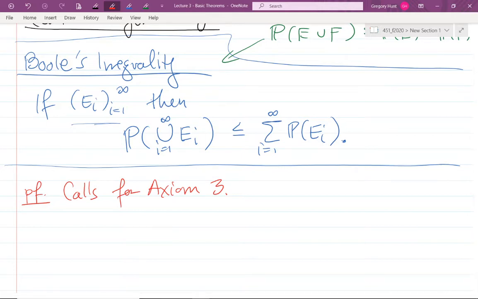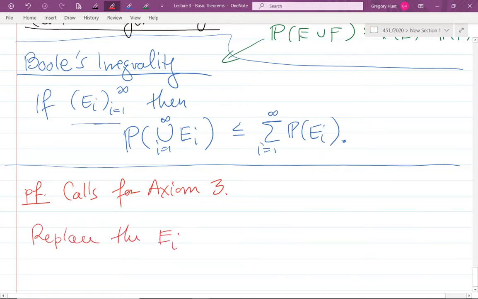It looks a lot like axiom 3. Not quite, but it looks a lot like it. But we can't use axiom 3 straight up here because we don't know if these E sub i are disjoint. Maybe they are, maybe they aren't. So what we want to do is replace